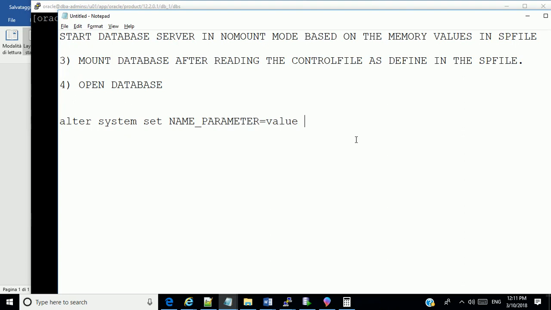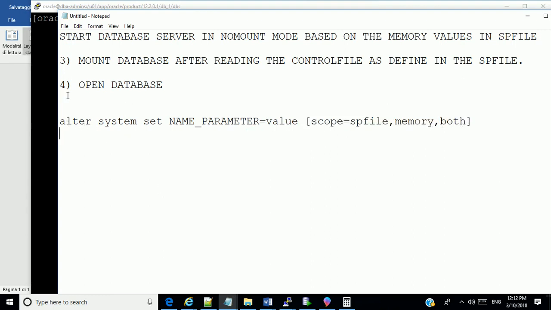Then scope equal to spfile, or memory, or both. Now this one is optional, because if you don't mention it, it defaults to memory.